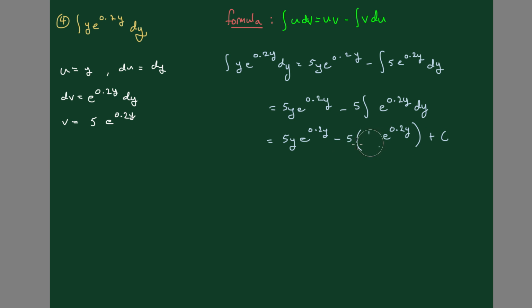And again, we can take out the fraction here, the 1 over 0.2, and we can write that as simply 5. So the solution to the problem is going to be 5y e to the 0.2y minus 25 e to the 0.2y